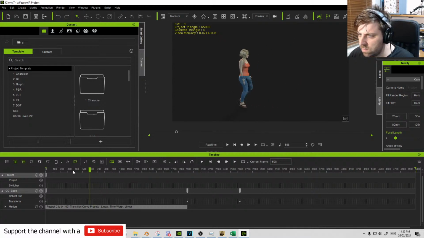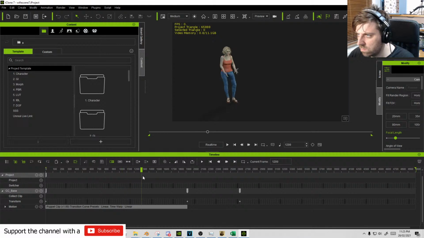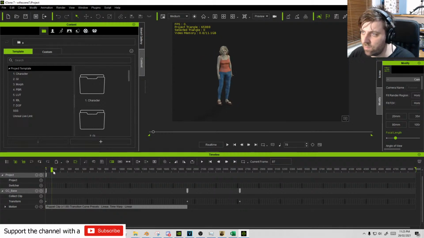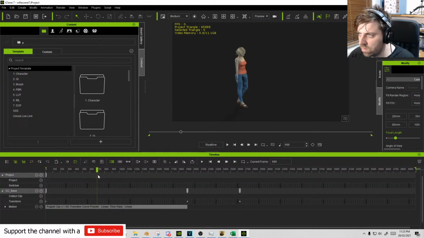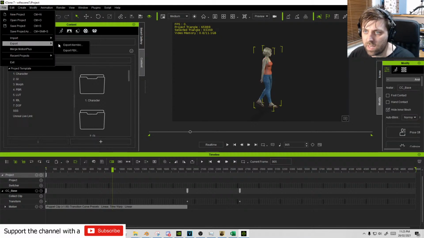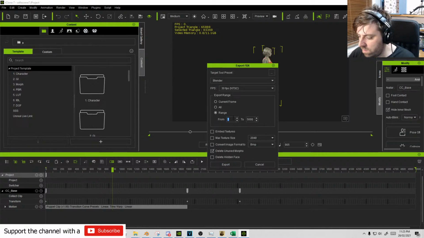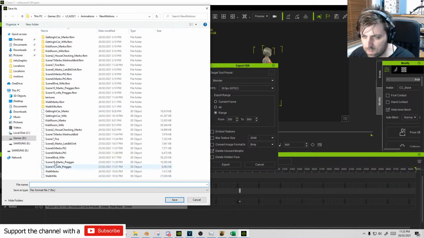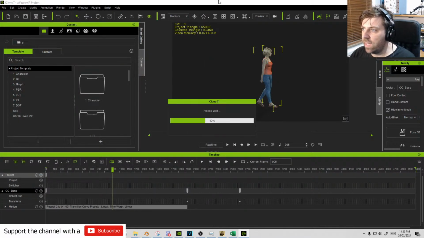Is that all it is? So she's walking behind. What the heck are you doing? Oh, that's that. Okay, yeah, I know what I'm doing. 300 to 900. So let's select this character. File, Export, FBX. 300 to 900. Export. Scene 7 fire underscore wife. All right, so now